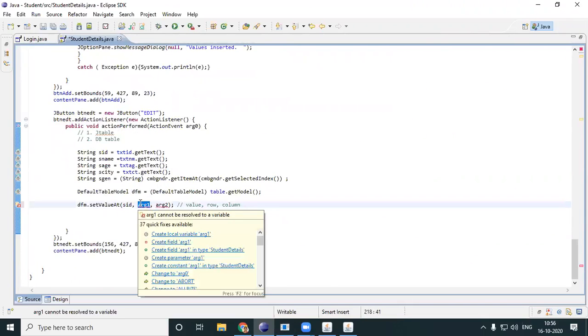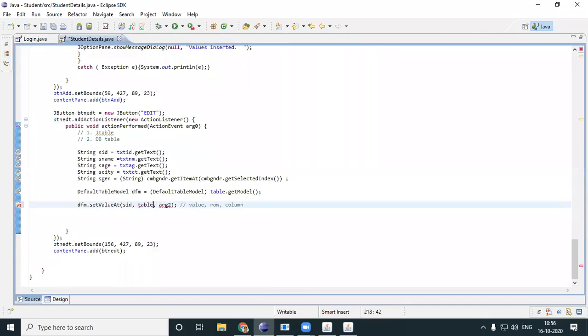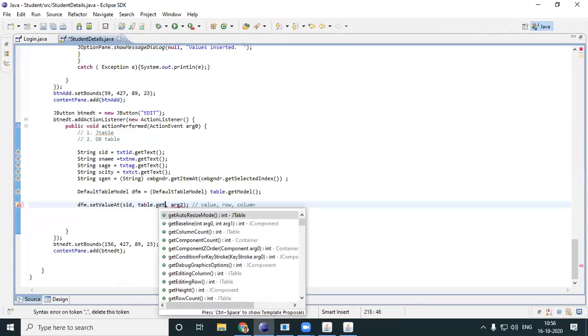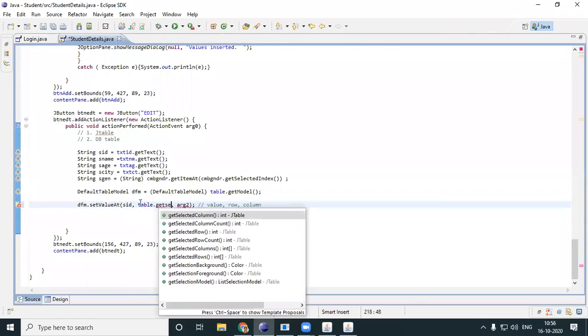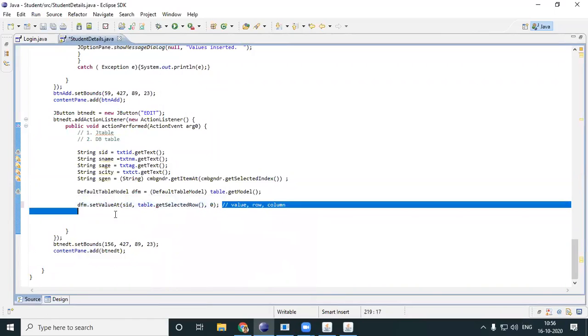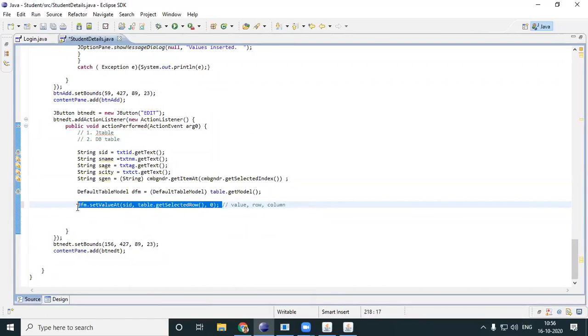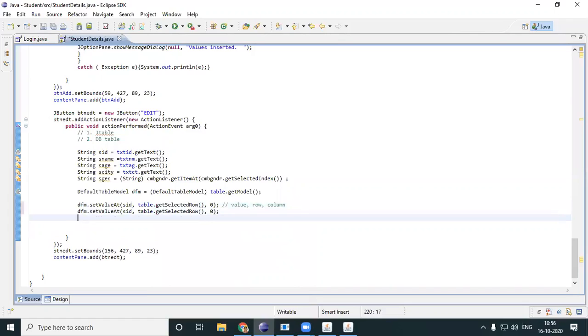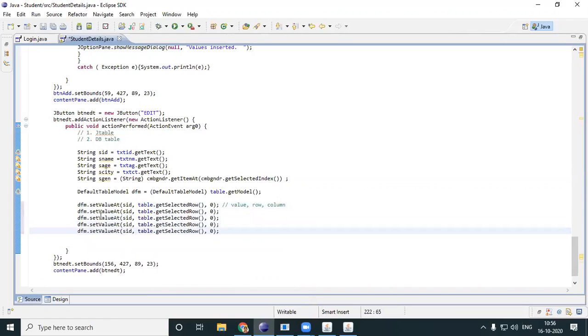Now, where are you planning to set it? Table dot get selected row, the particular row. Get selected row, which column? Column number 0. Okay, SID in column number 0. I'll just copy all these. SID in the 0th column.